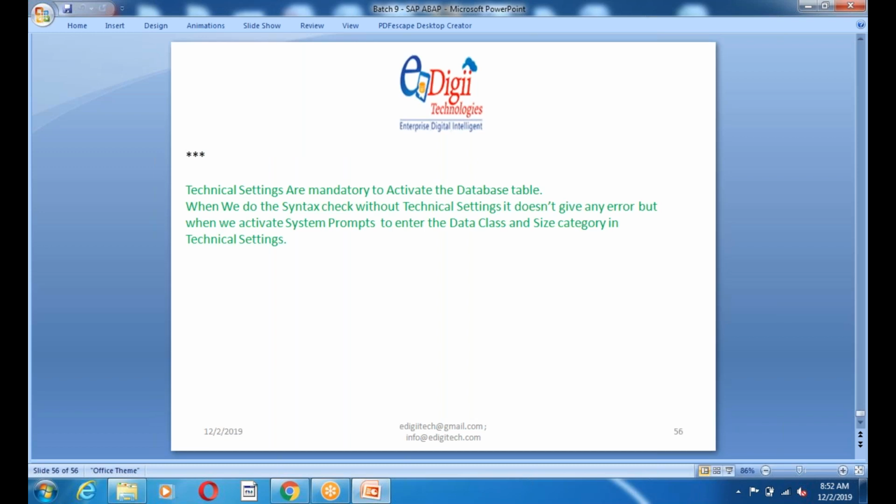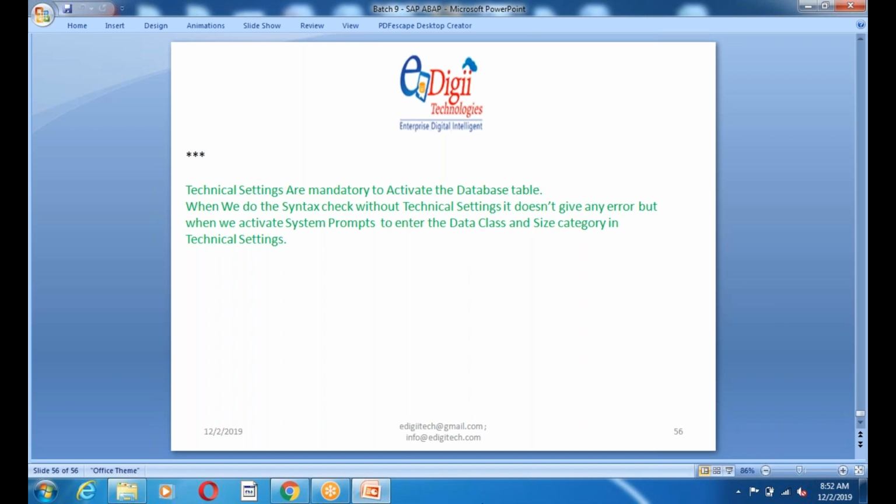If you want to validate the data, suppose I have two tables. One table is the foreign key table and another table is the check table. Whenever I maintain the data in the foreign key table, it should check that the value already exists in the master data or in the check table. If the value exists, then only the system will allow the data. Otherwise, it doesn't allow the data into the foreign key table.